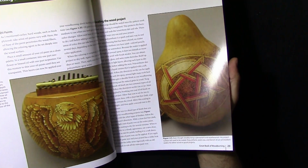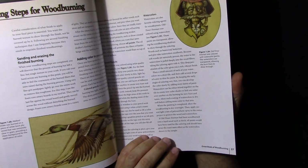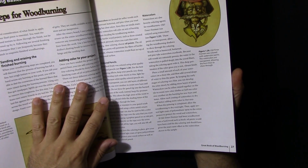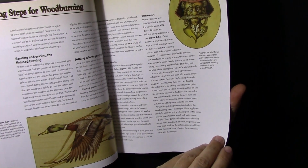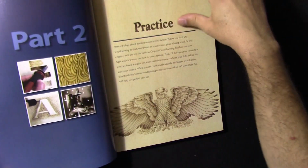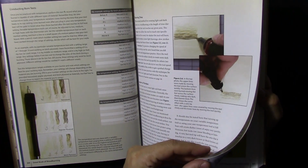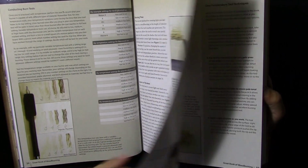and oil paint. I think that in watercolor I should say that I would advise you to use something first before using watercolor, or it will bleed in your work. It will bleed through the wood. Anyway, she explains it here. Some burning tests for you to know the tips, what they do and how they work with different temperatures. She has a chart also,